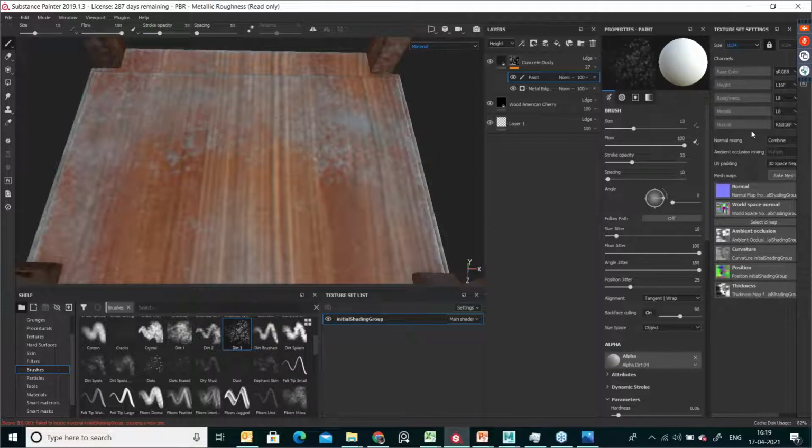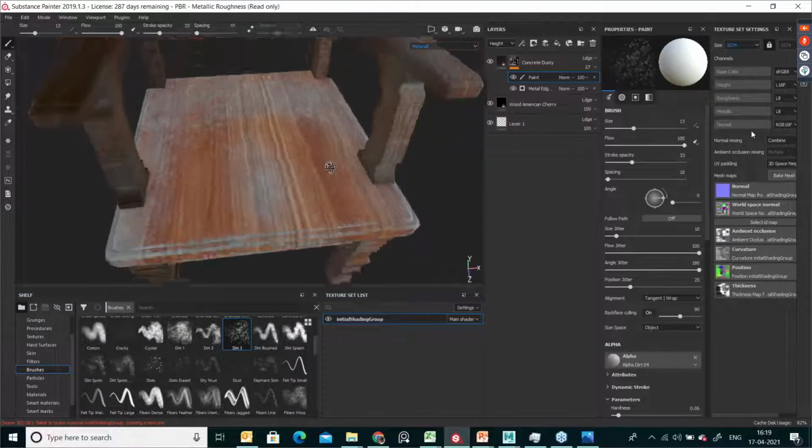This area I want to remove this dirt map, then press X. When I press X, you can see the changes here in the paint properties. When it turns to black, you can erase the existing texture. When I press X once again, you can add the texture. So that is the way we can add and remove the texture information. That is a shortcut.